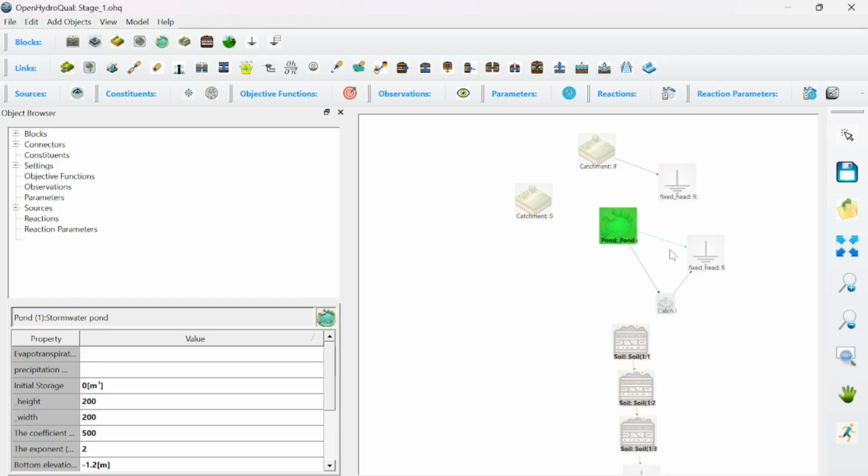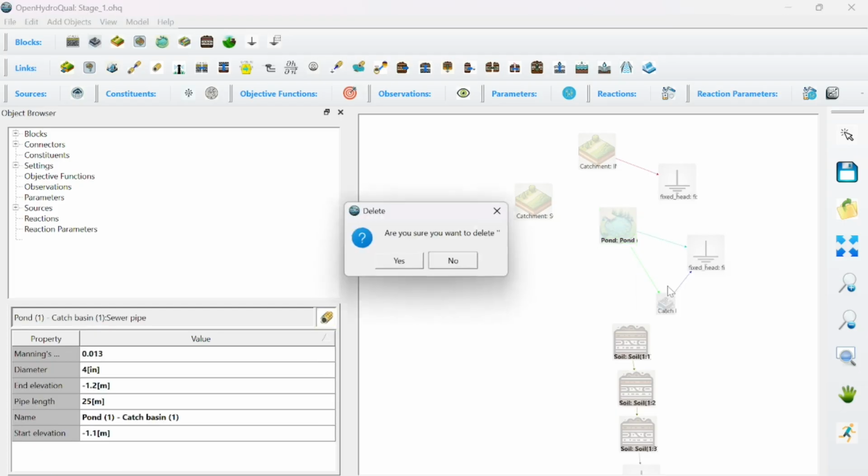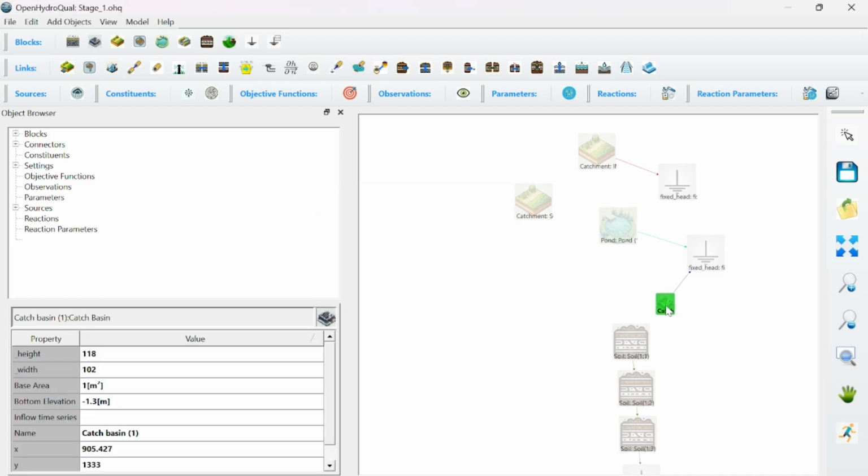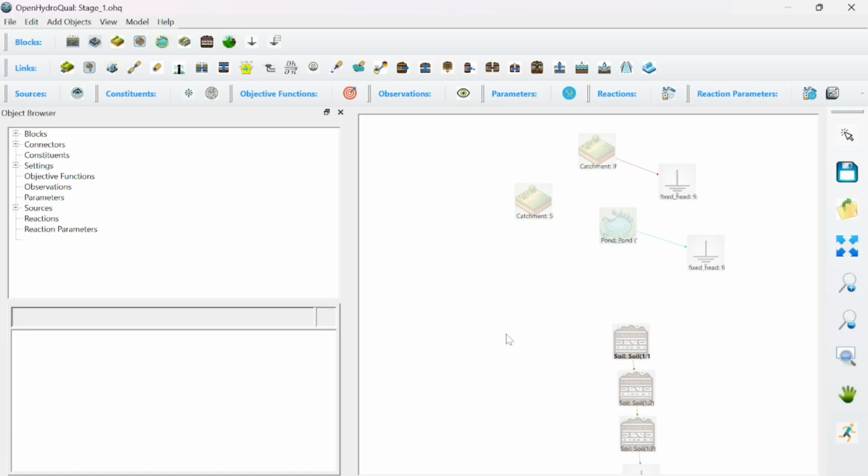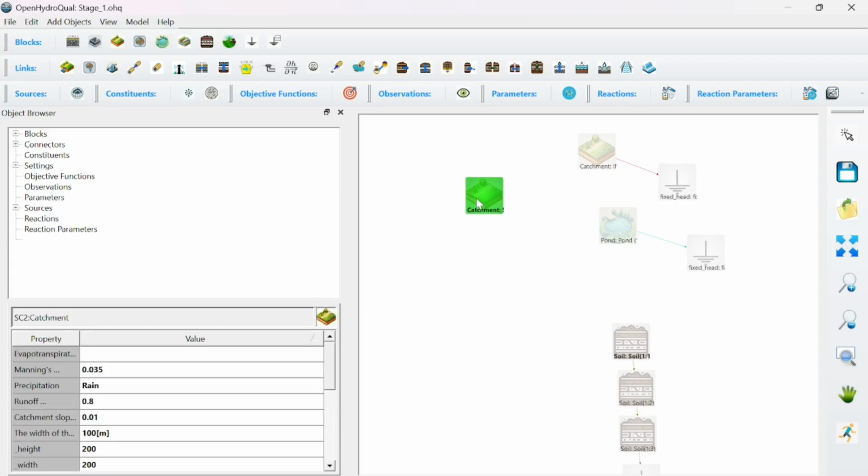Then let's just get, yeah, I don't need this. Delete that one too, and then delete this catch basin. By the way, whenever you delete a block, all the links connected to it are also deleted, because you can't have a link just not connected to anything. Then, okay, so what I'm going to do is connect my